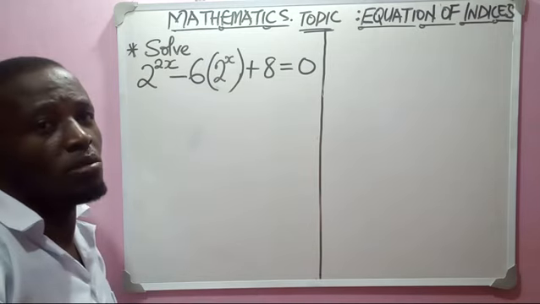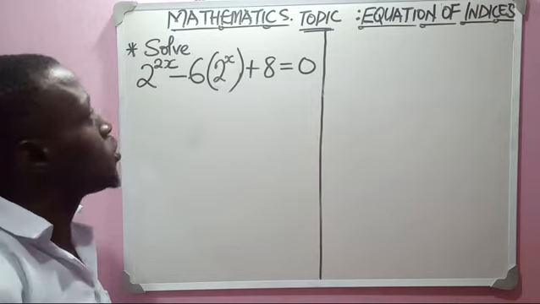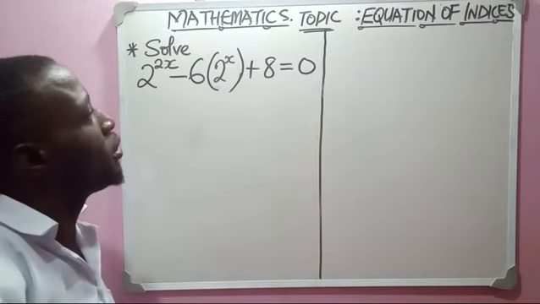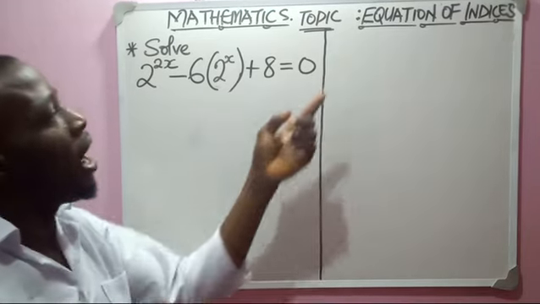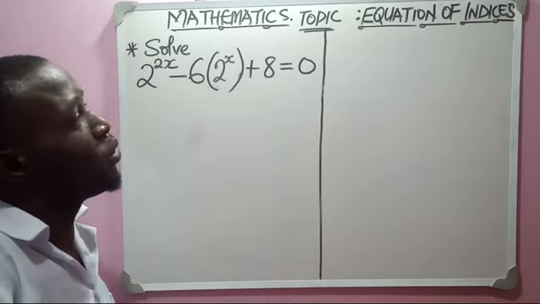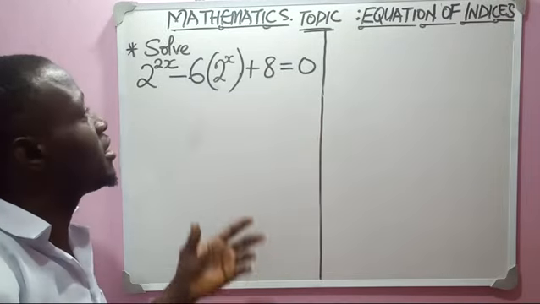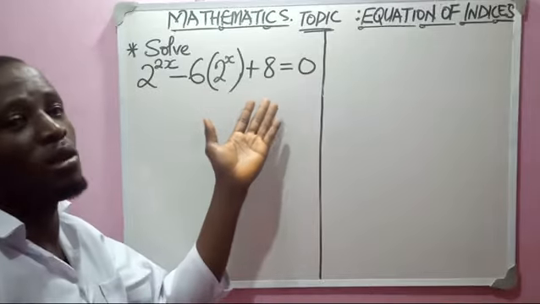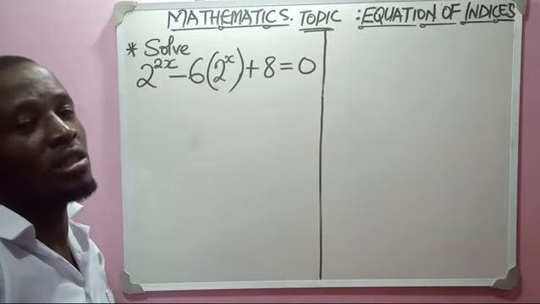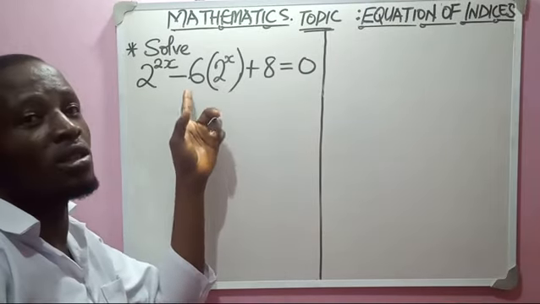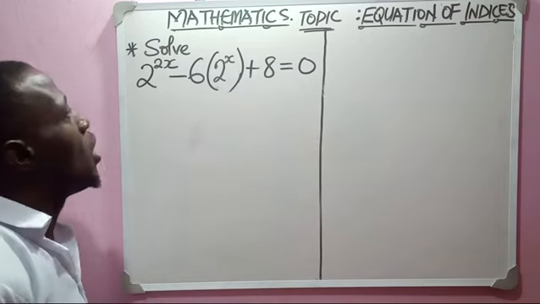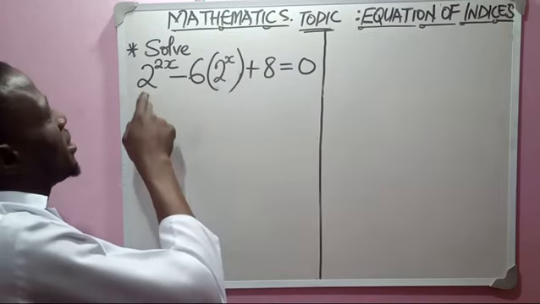This is Chem Mathematics. Today we have a problem on the board, and the problem is coming from the equation of indices. That is, there are indices problems that lead to quadratic equations. So it happens that this one is one of them. So looking at the very first term here,